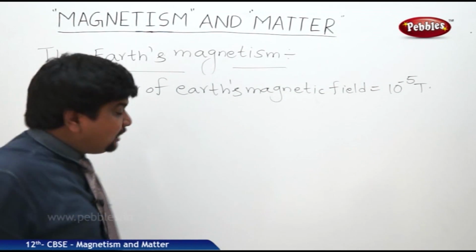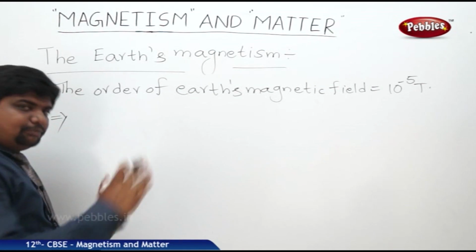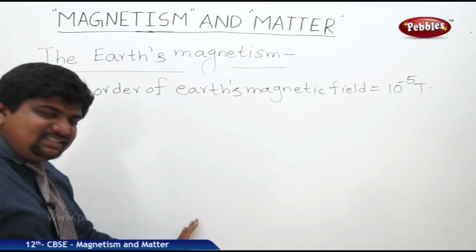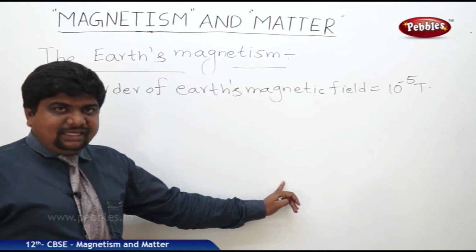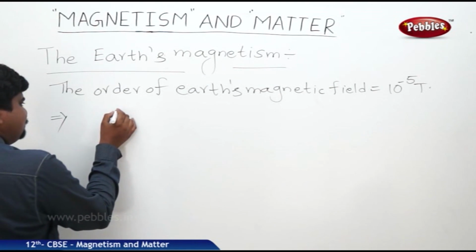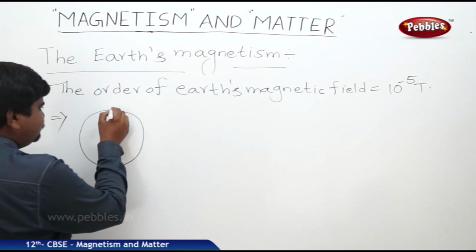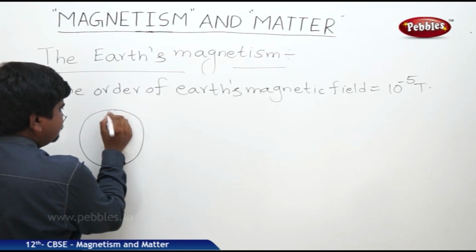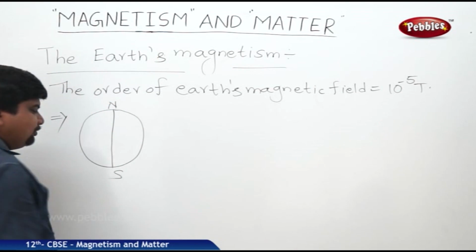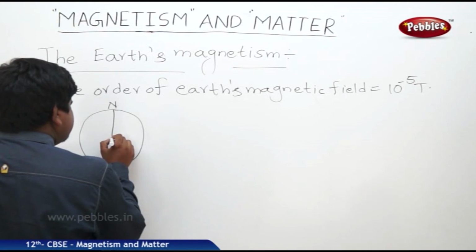This is the question. But if you see the magnetic dipole, meaning north and south poles, the dipole rotation is not merging with the actual line which joins the geographical north and south poles. It will be like this. Suppose this is the globe, this is the vertical axis which represents the north and south poles.